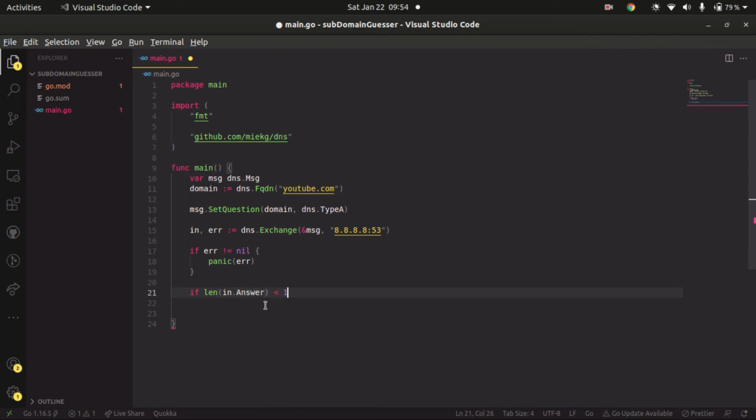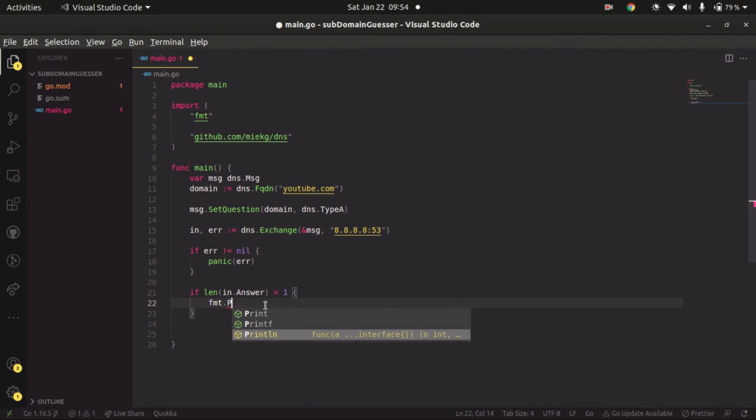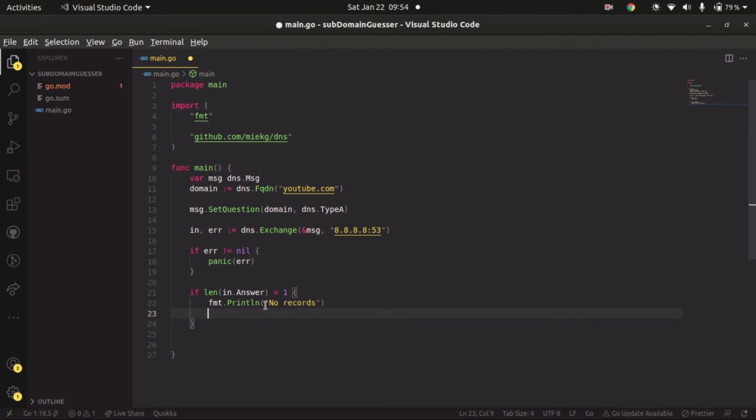In that case, we'll simply say fmt.Println, no records found, because we got the response, but the answer length is 0 or less than 1. So we'll simply say no records, and then we'll simply return from here. And now since the length is greater than 1, we want to iterate over the slice and then print each one of them. So we'll say